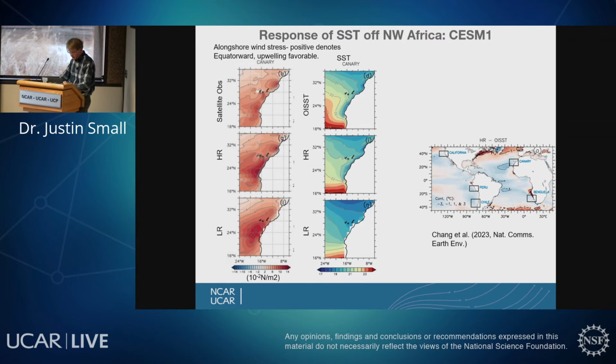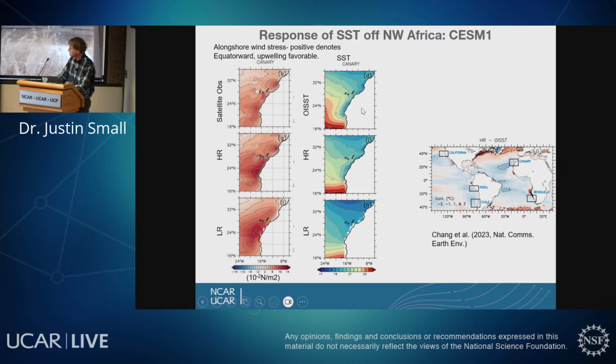And if you look at Northwest Africa, again, you have this triple core jet. This is the observations, 1, 2, 3 cores, hopefully just about visible. The high resolution model is capturing, I'd say, most of that. 3 cores, it may be merging the bottom 2. And the low resolution atmosphere model basically just has one core.